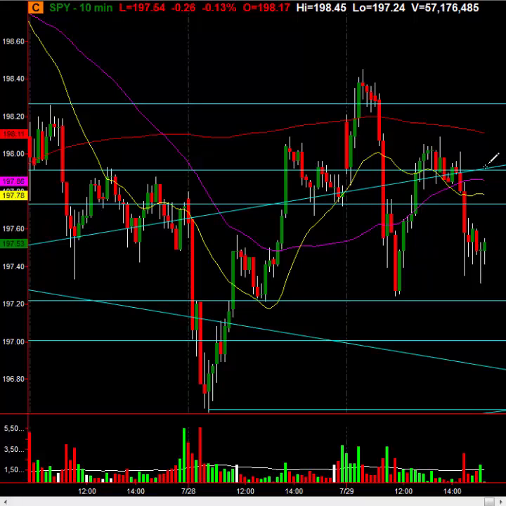This upsloping trend line is the one we're looking for a close below, and then you must confirm. Once you confirm, then look for extra downside. One thing I want to note, the NASDAQ and the S&P are still trading close to their major even numbers. NASDAQ 4,500, S&P 2,000. I wouldn't be surprised, and I'm telling you this right now, if they inch it above briefly before they take it down.